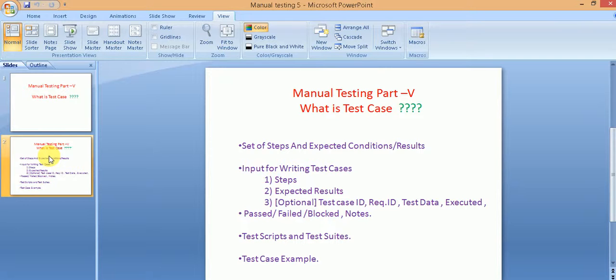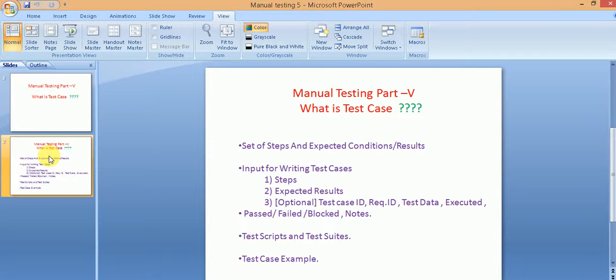Now, before you start writing the test case, you need to design the test that you want to perform. So there are several inputs for writing test cases. Before you actually write the test case in its documented format, you need to consider a number of inputs. These inputs can be the requirement documentation.